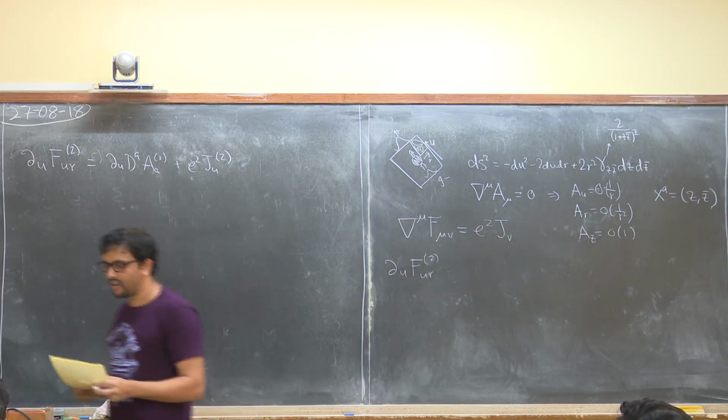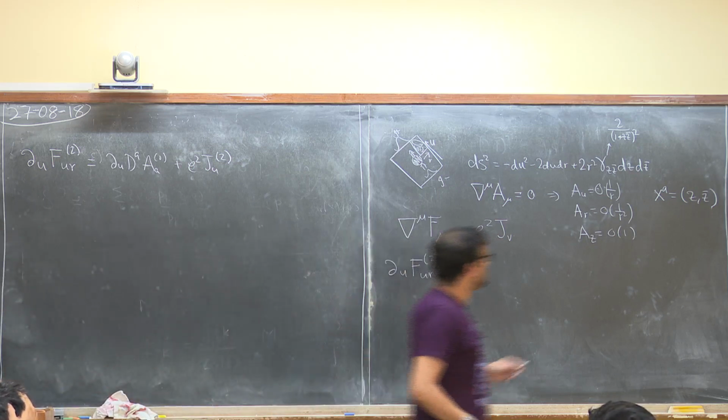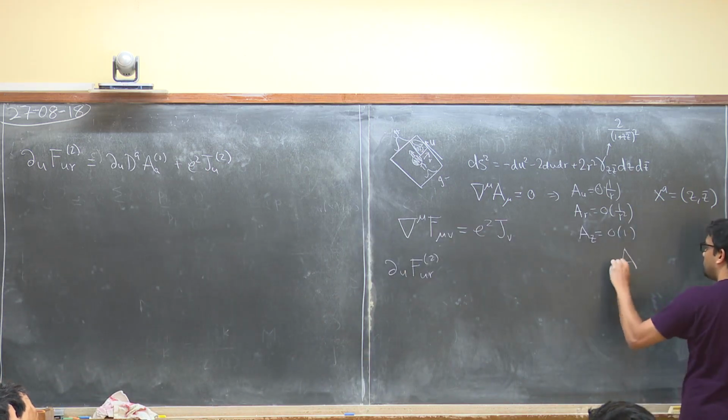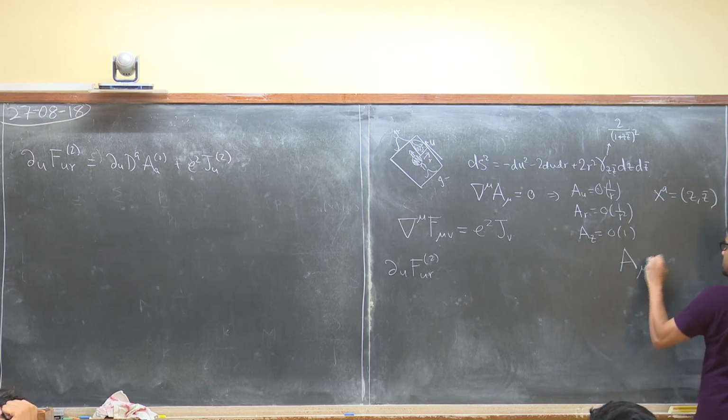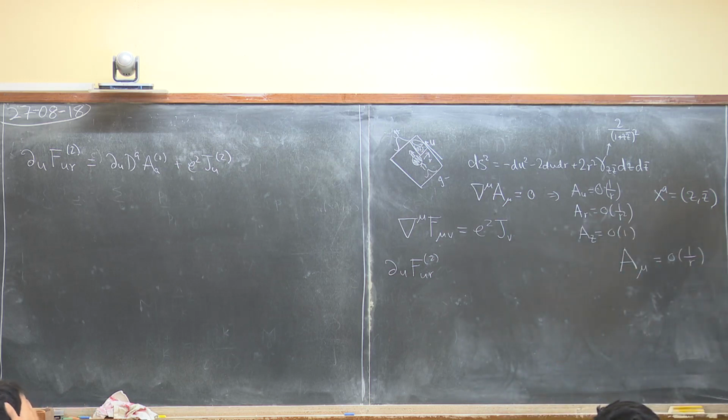Capital D is just the covariant derivative with respect to the sphere, the unit sphere. If I converted your boundary conditions to Cartesian coordinates. Yeah. In Cartesian coordinates, it's just 1 over r. Everything falls off. So A mu, where mu is a Cartesian index, just falls off like 1 over r. And that A_r is 1 over r squared also comes from that? Yeah. Why would that be?